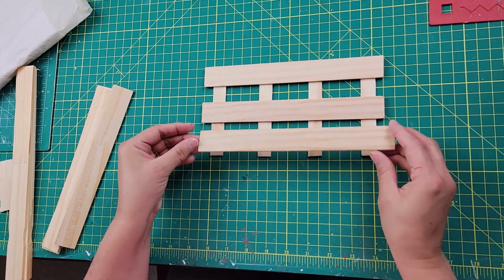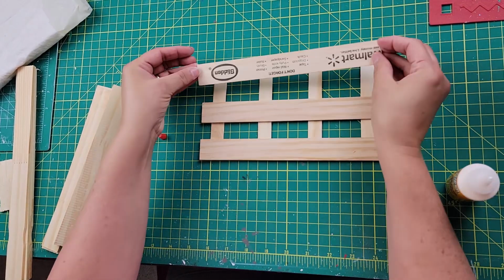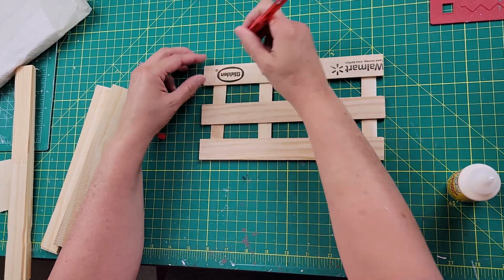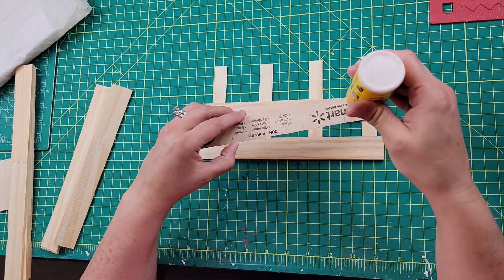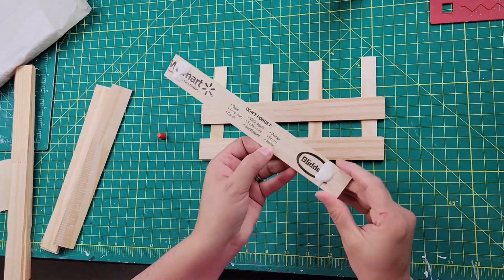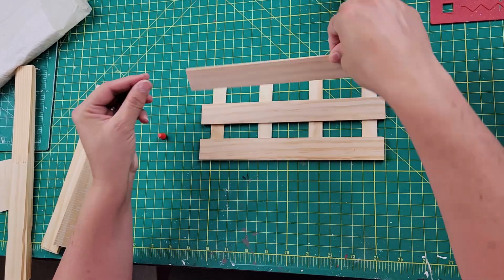And then once I get them all laid out, I flip one over and I mark where the craft sticks are underneath it with a pencil so I know right where I want to put my glue. Now, if you do this, you might want to lay the craft sticks down on the bottom and put the stir sticks on top, because the way I'm doing this, and as you see, I put wood glue on the ends and hot glue in the middle,